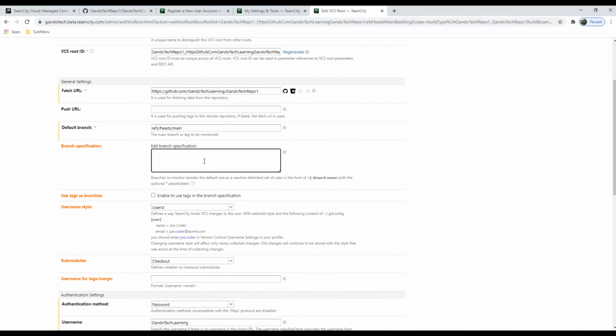To achieve this goal, you can easily use, for example, plus and then refs and a slash like heads and then a slash and then, for example, a star to say, okay, under the heads, whatever branches are there, monitor them. Either it is main, or any other naming, whatever,